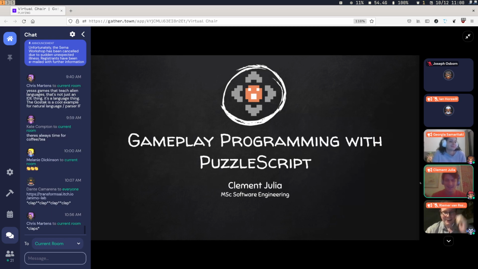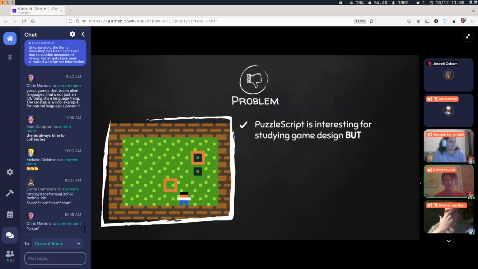So yes, my name's Clement. I am a student at the Master for Software Engineering at the University of Amsterdam. And during my master thesis, I studied PuzzleScript. And the reason I studied PuzzleScript is because it's very interesting from a game design perspective, because the code you write for PuzzleScript very literally describes gameplay mechanics. So in a single line, you can create a gameplay mechanic. So it's very interesting to study PuzzleScript as a way of studying how code affects gameplay quality and